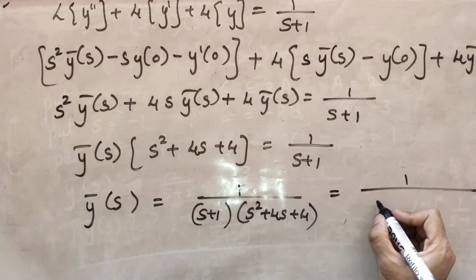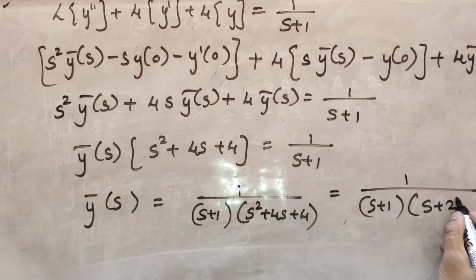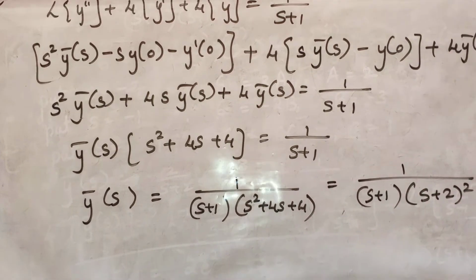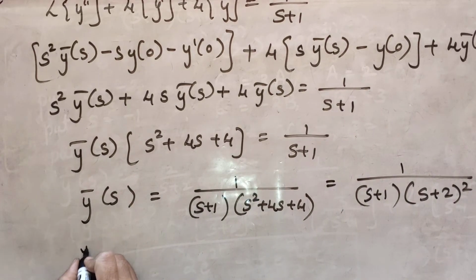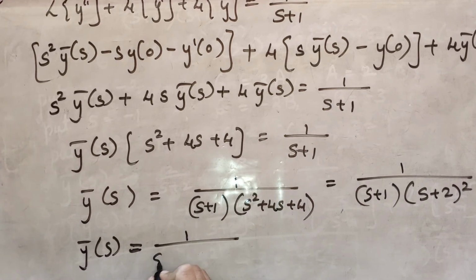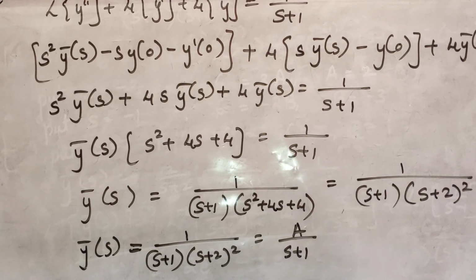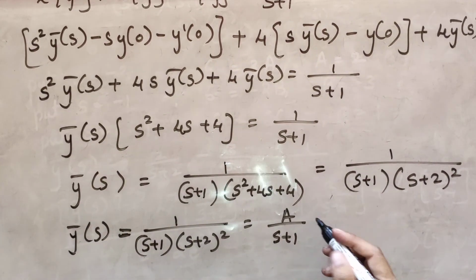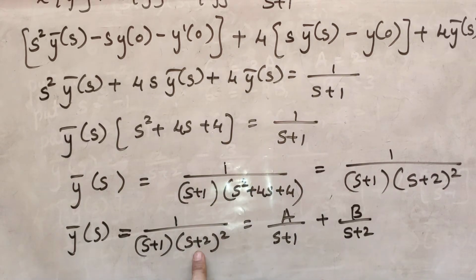Now what is y bar of s here? It is 1 divided by, just see this, the bracket over here is nothing but s plus 2 the whole square, is it not? So apply the partial fraction method and solve it. It's very simple. Your y bar of s is nothing but 1 divided by s plus 1 times s plus 2 the whole square. So a divided by the first bracket plus b divided by the second bracket,